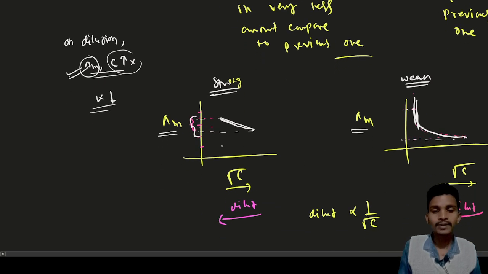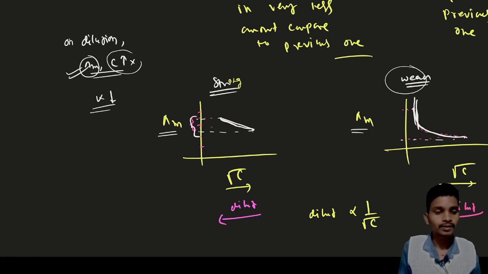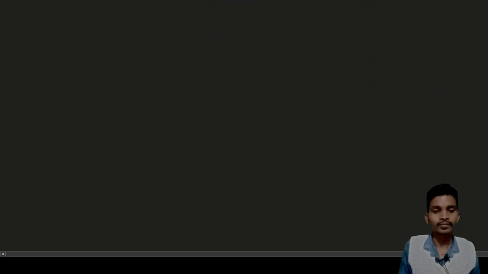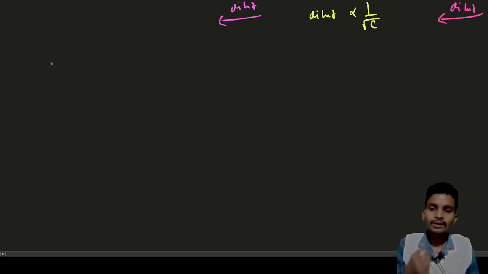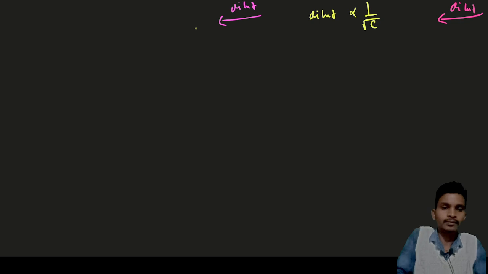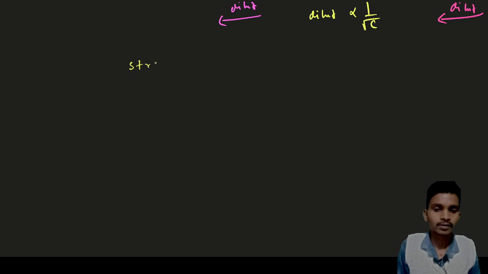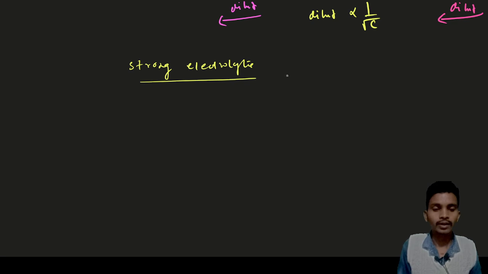But why does this graph look like this? For strong electrolytes like this, and for weak electrolytes like this. That we will discuss today. So for discussing strong electrolytes, we have to study two effects. One is the asymmetric effect,